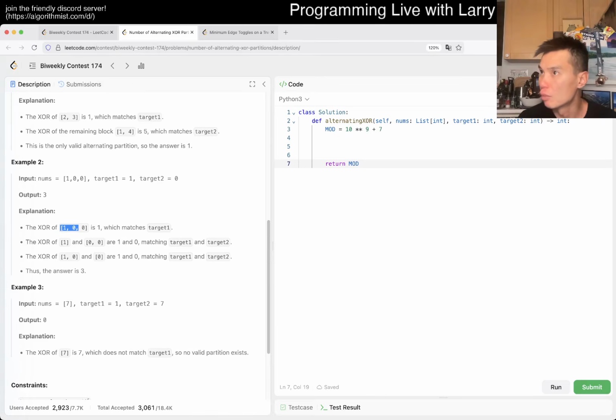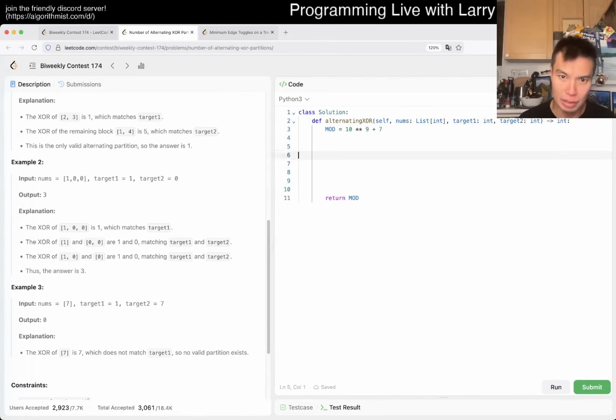How do you loop over all of them without n squared? Yeah, I mean, I see it, but I don't know if that's easy though, and I don't know if it's